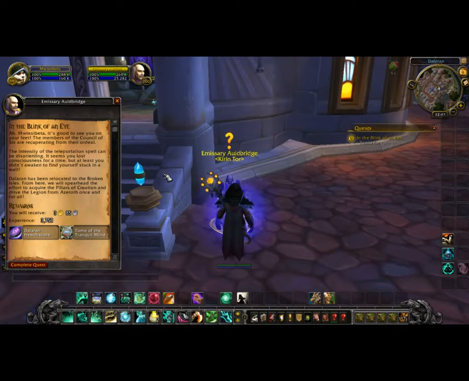It's good to see you on your feet. The members of the Council of Six are recuperating from their ordeal. The intensity of the teleportation spell can be disorienting. It seems you lost consciousness for a time, but at least you didn't awaken to find yourself stuck in a wall. Dalaran has been relocated to the Broken Isles. From here, we will spearhead the effort to acquire the Pillars of Creation and drive the Legion from Azeroth once